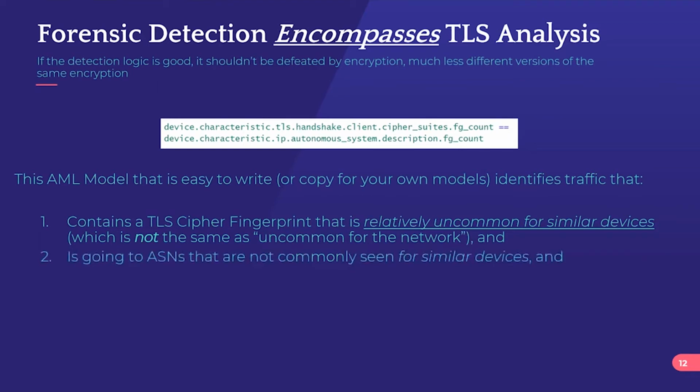And we're pairing that up. So that top line is talking about that part of the TLS fingerprint. And we're saying we want those sessions to also be going to a network that is relatively uncommon for this type of traffic, right? And then the final part of this is, for it to be a characteristic artifact in the first place, there should be some degree of recurrence. This should be happening, whether it's once every 24 hours, or once every few days, or once every minute or hour, whatever the case may be, right?